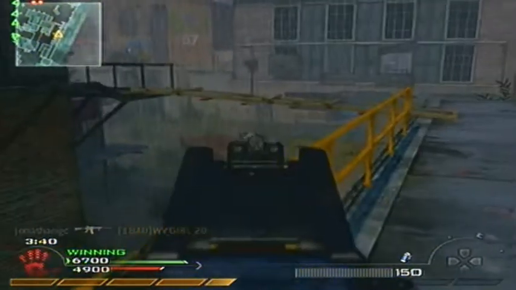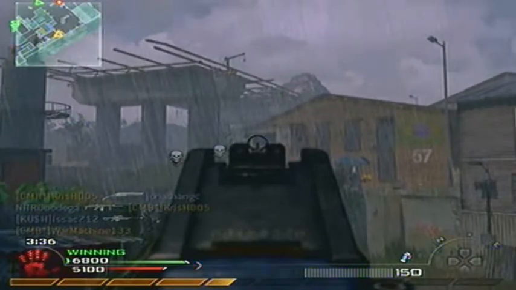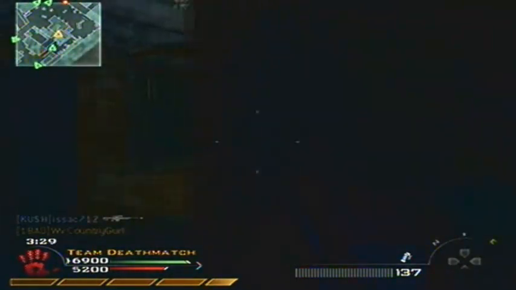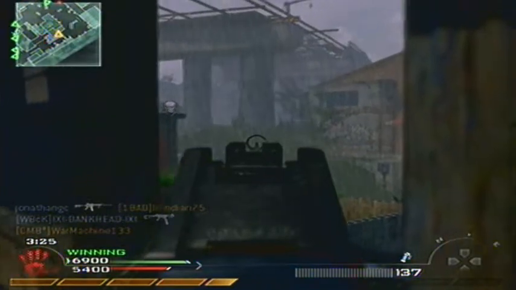But back to the UMP. The UMP is one of the most overpowered guns in my opinion. As you can see right here, you just tap it. It's kind of like the RPD. You could use it to snipe with if you really wanted to. But I actually really like it. I wish that I could use it like other players do, but